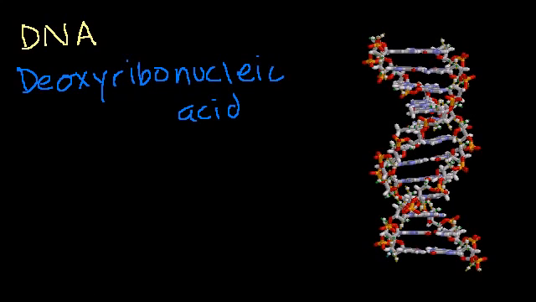And what I want to do in this video, because I think that's common, popular knowledge that what makes my hair black or my eyes blue or whatever is somehow encoded in our DNA, is give you an idea of how something like DNA, a molecule, can actually code for what we are. How does the information get stored in this type of molecule, and how does that actually turn into the proteins that make up our enzymes and our organs and our brain cells and everything else that really